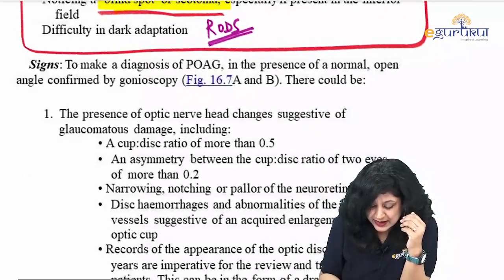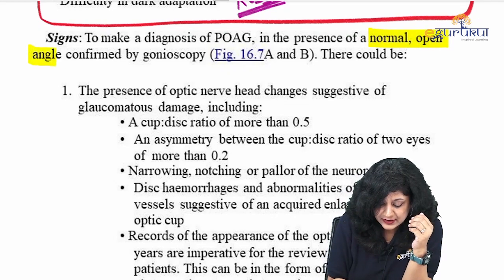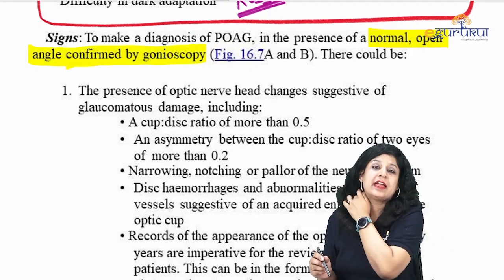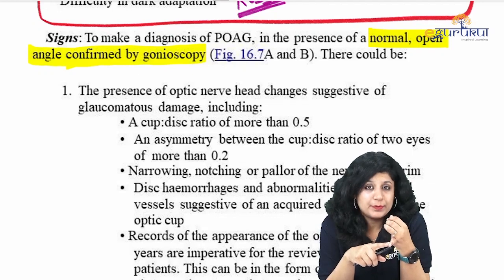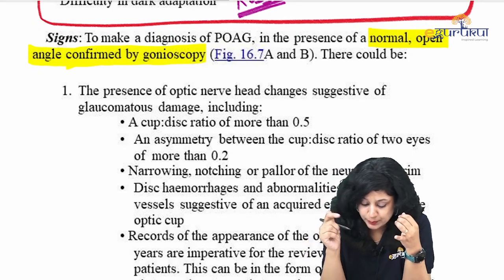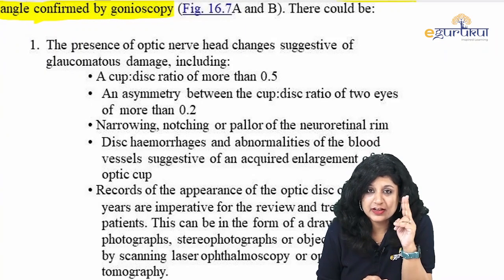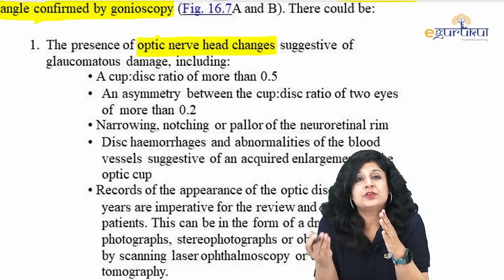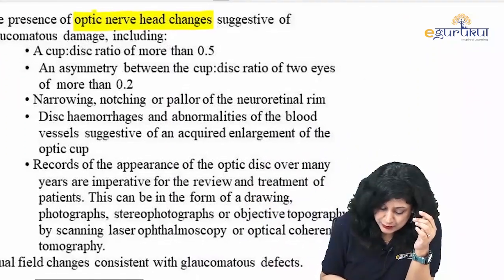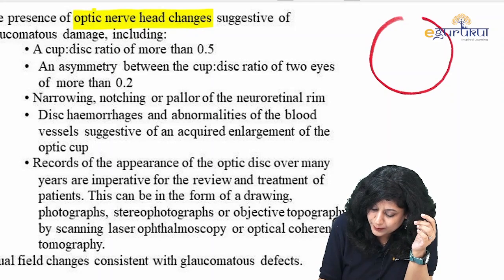Alright, now to make a diagnosis of open angle glaucoma, the angle should be normal or open, confirmed by the gonioscopy. Okay, how to make a diagnosis of open angle glaucoma? You have confirmed that the angle is open, and obviously that will be confirmed with the gonioscopy. So what could be there? We have got the optic disc changes, we have got visual field defects, we will see that. So if you look at the optic disc changes, what are the changes that we are going to get in cases of glaucoma? So if you see the normal optic disc, you will have a reddish optic disc that will